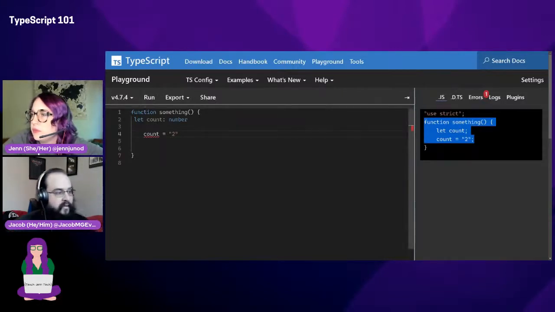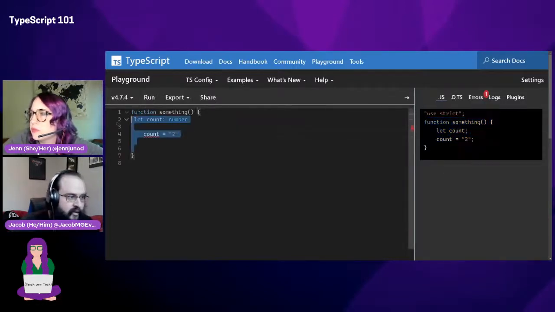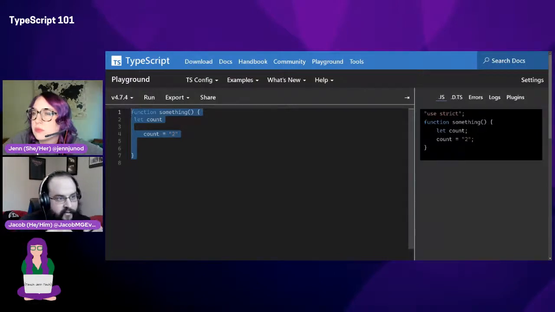If I wrote this in JavaScript, JavaScript would just do this. That's what it would look like in regular JavaScript. So it's not going to yell at me. This is the simplest example to show the immediate value that you get from TS.